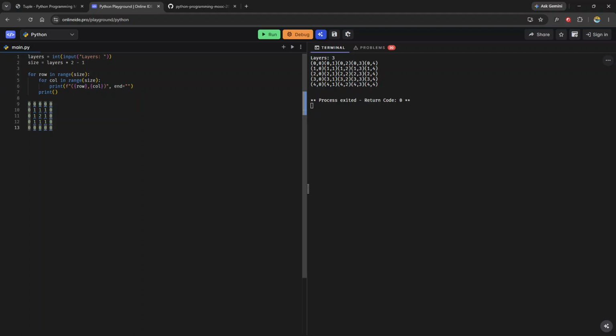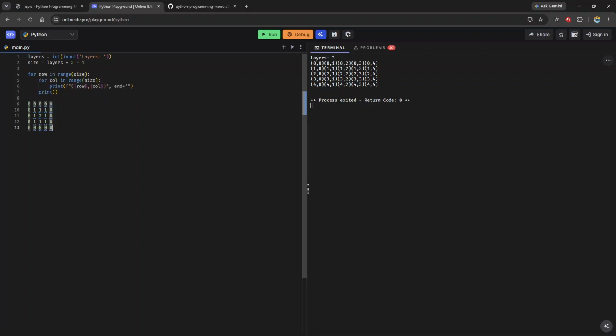We need to be able to use the distances of each position in our grid, in our square, to determine what letter goes there. If we can determine how far we are from the right edge, the top edge, the bottom edge, and the left edge, that will help us determine what letter will go in each given position. So take for example this position, 1, comma 3. 1, comma 3 is 1 row from the top, and it's 1 position from the right. So if we were to look at this in terms of inputting letters, what letter will be the